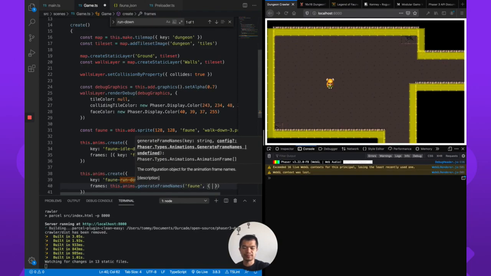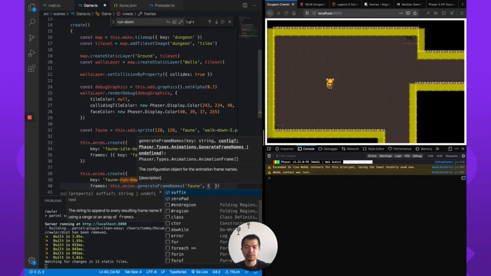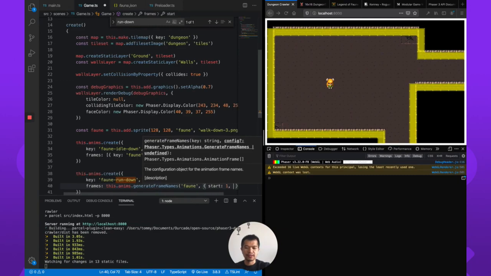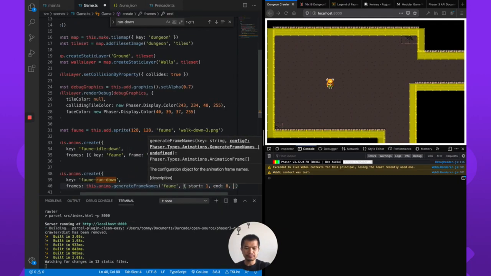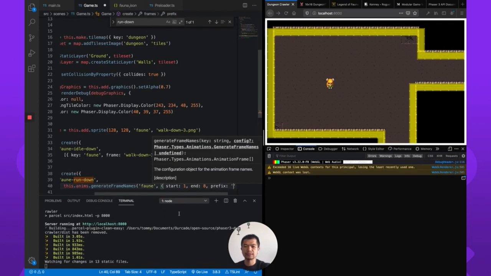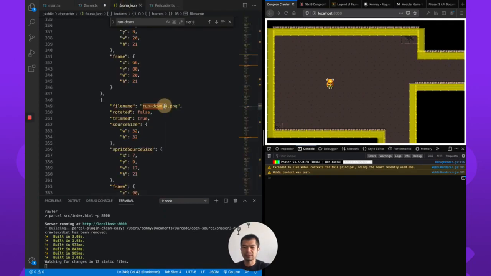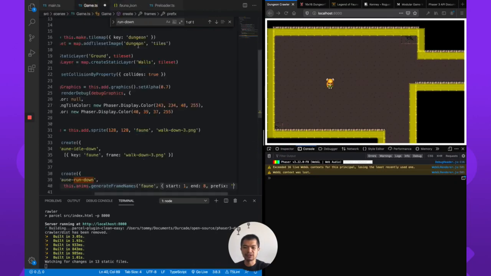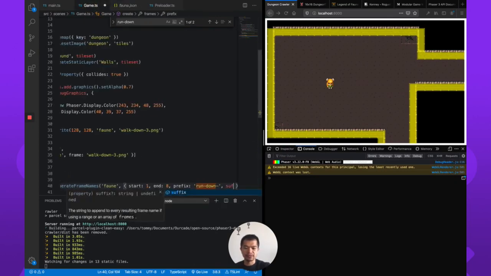And then now the config. In Visual Studio Code, if you want to bring up the help, it's Control-Space. So there's start, end, prefix, and suffix. That's what we're going to be using. We're going to construct what you saw before, run-dash-down-dash-1.png. So we start at 1, and then we end at 8. The prefix, let me just copy it actually, is run-dash-down-dash, right? And now the suffix